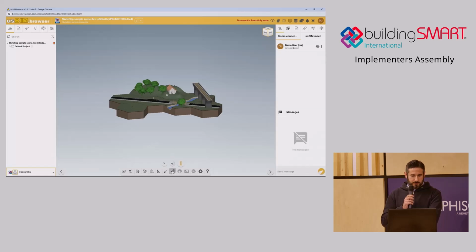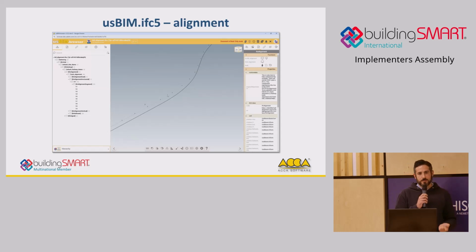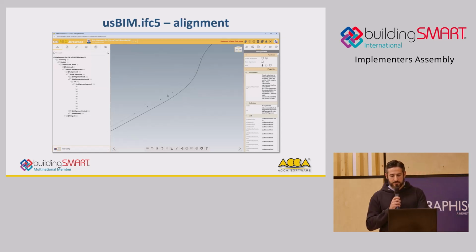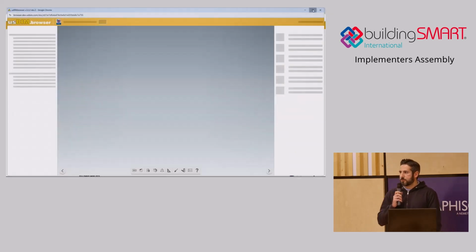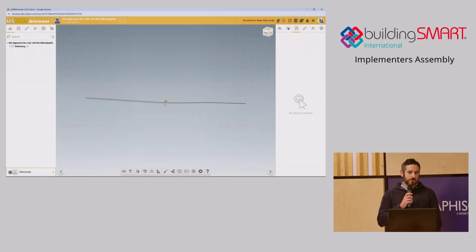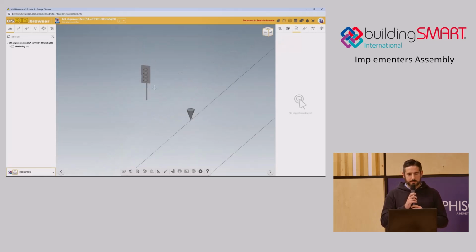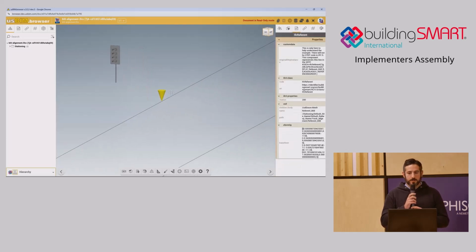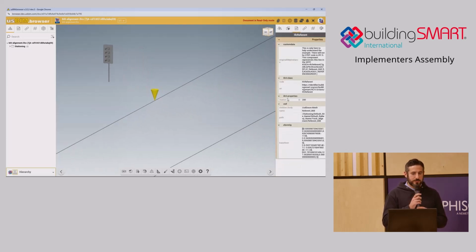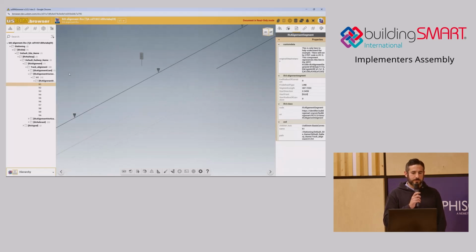So basically, we also provide some specific functionalities for specific objects. This is the case of the alignment because, as we have also seen in the alignment working group, this is quite an important object, to say the least. So, for example, given our experience from the IFC Rail working group, one functionality that was much appreciated in our viewer was the possibility, as we will see in this example, this is the BSI example for the alignment,